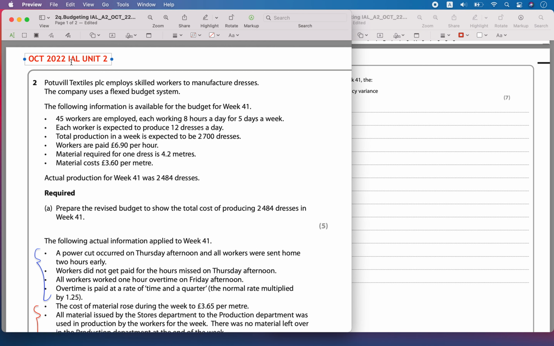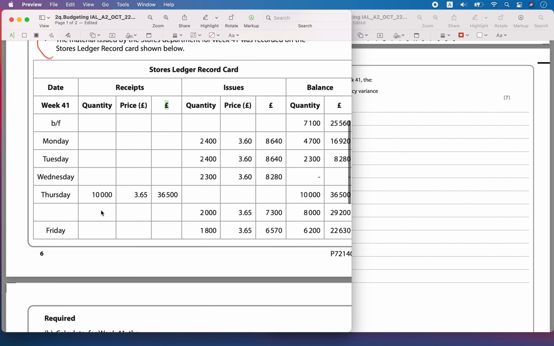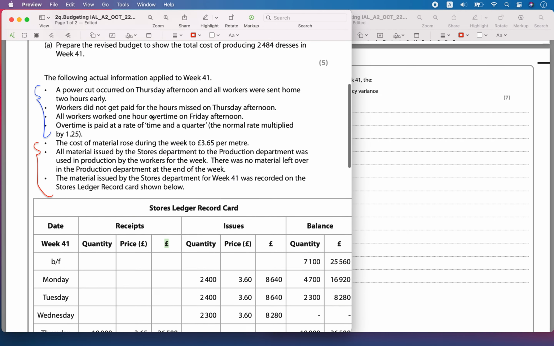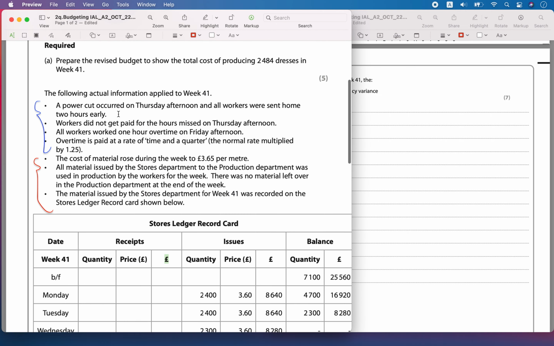Hello, today we are solving October 2022 IAL Unit 2 question number 2. Potuvill Textiles is a PLC which employs skilled workers to manufacture dresses. The flexed budget system was there. In the first part we were asked to calculate the revised budget, and then there was information given